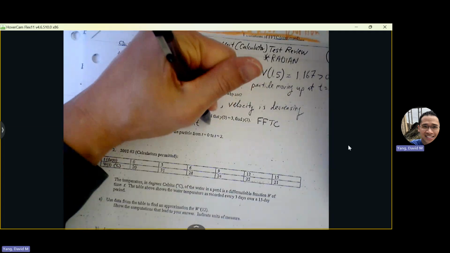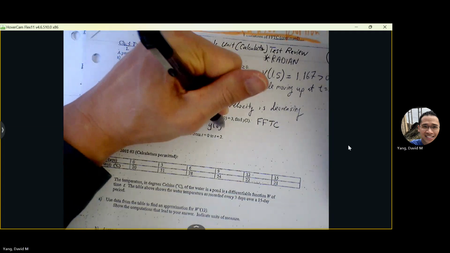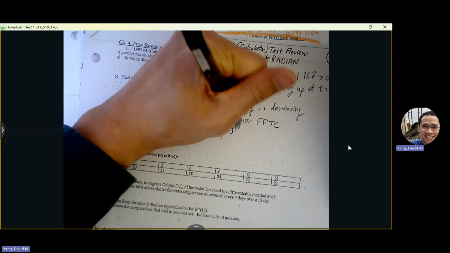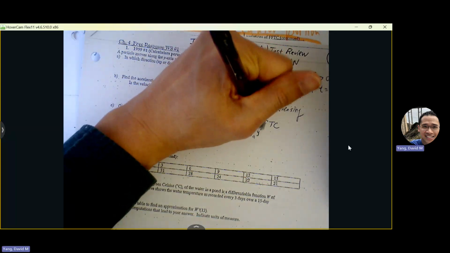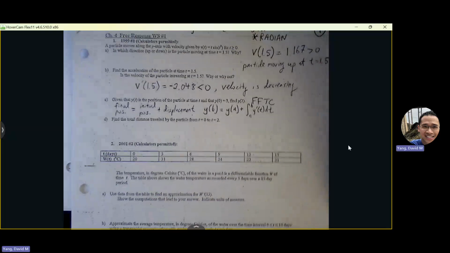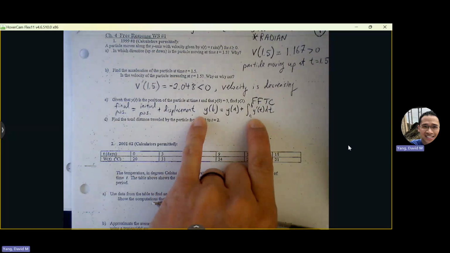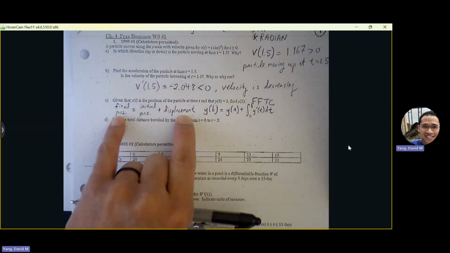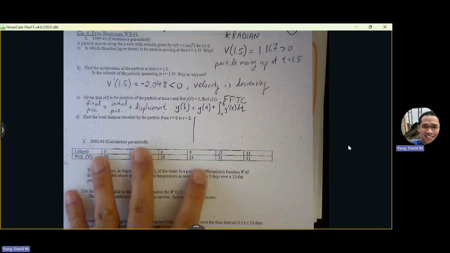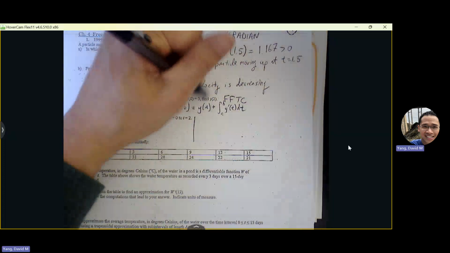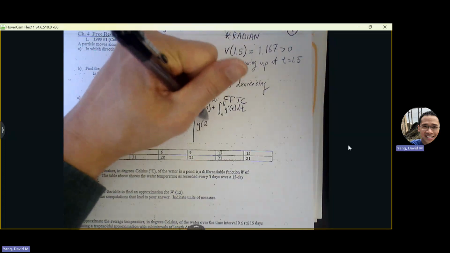So here's the formula. y of b is equal to y of a plus the integral from a to b of y prime dt. There's tons of different variations of this, but basically it's following this form. I'm going to use up some of the space for part D because part D won't need a lot of space. So if I want to find y of 2, if I want to find my final destination of y of 2,